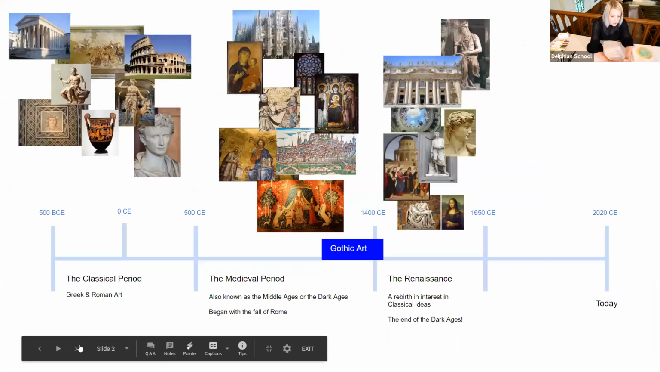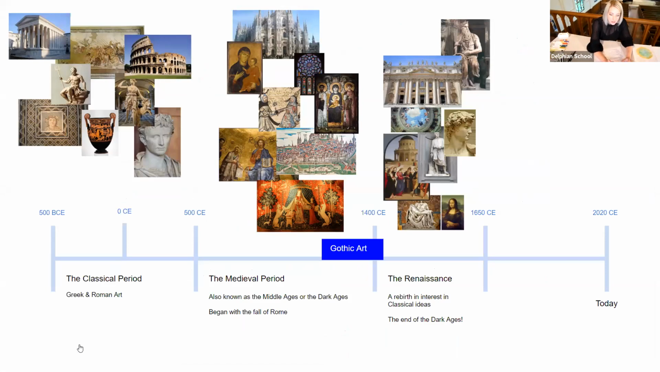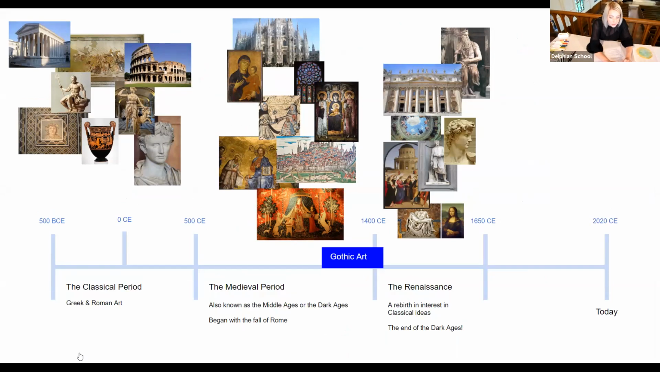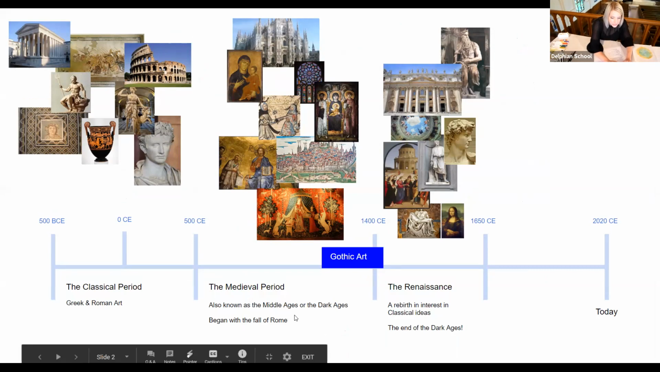correct pictures. Okay, so Gothic art, medieval art. There's the classical period, which is Greek and Roman art, and then there is the medieval period, which is kind of this period in between classical art and the Renaissance. So in the medieval period, a lot of things happened in this time period that kind of changed the way we